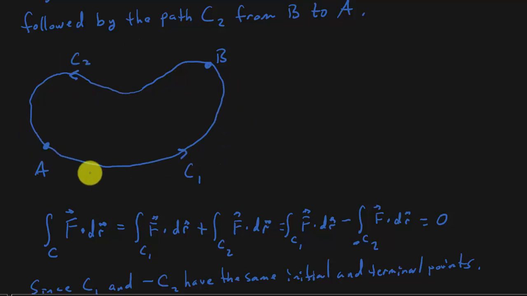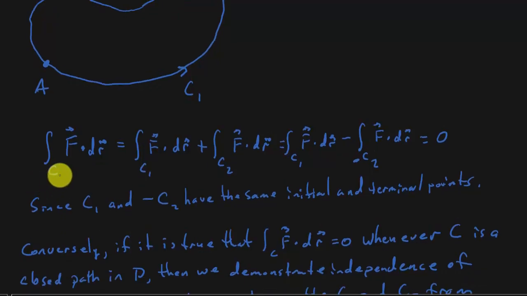Okay, there's a picture of it, and we've got the integral over C is equal to the integral over C1 plus the integral over C2, which is the integral over C1 minus the integral over minus C2. In other words, you're changing directions. Since C1 and minus C2 have the same initial and terminal points,